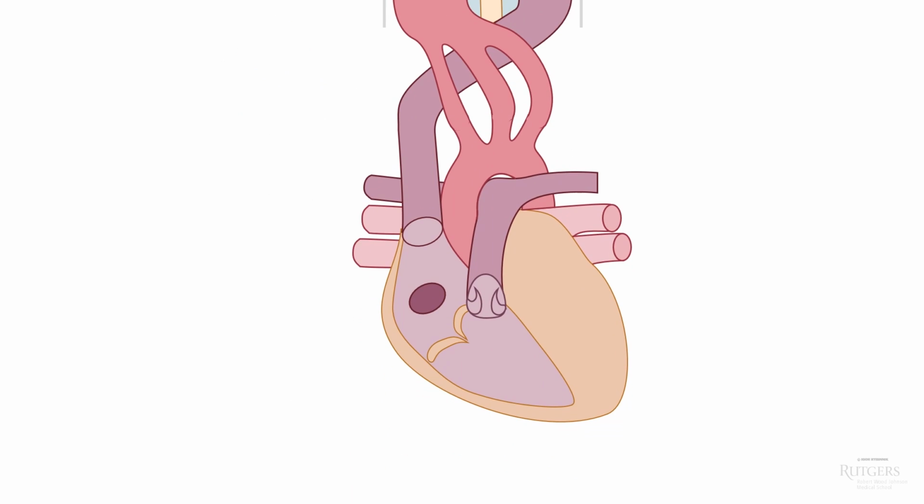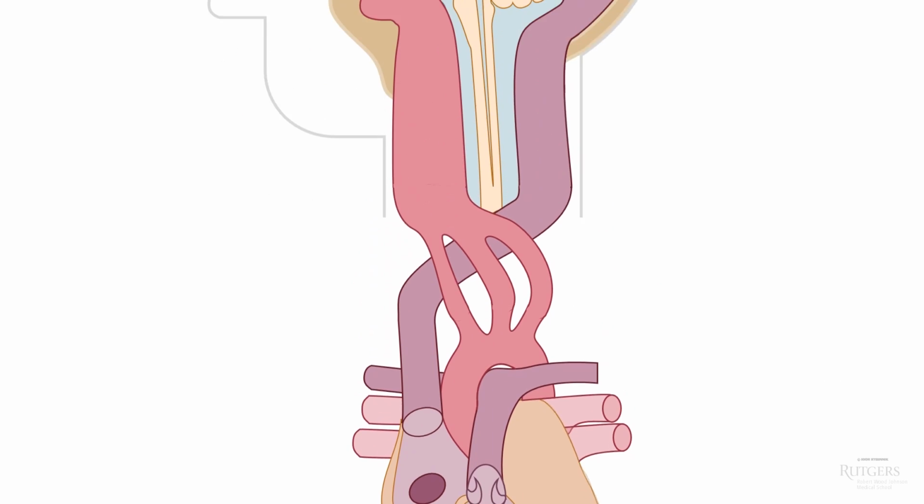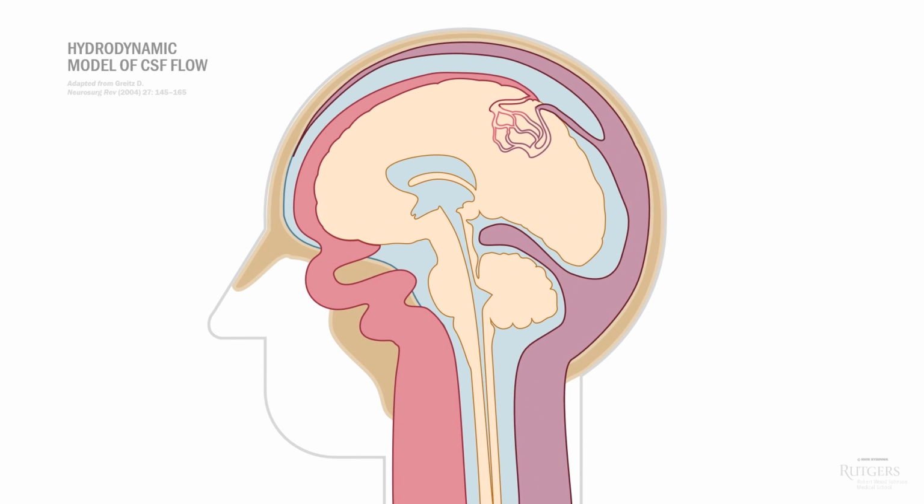The left ventricle contracts. The blood is ejected from the ventricle into the aorta, then ascends up the right brachiocephalic trunk, left common carotid, and left subclavian arteries. Then it ultimately arrives in the brain by means of the 2 internal carotids and 2 vertebrals. The systolic pulse wave carries blood into the intracranial vessels.